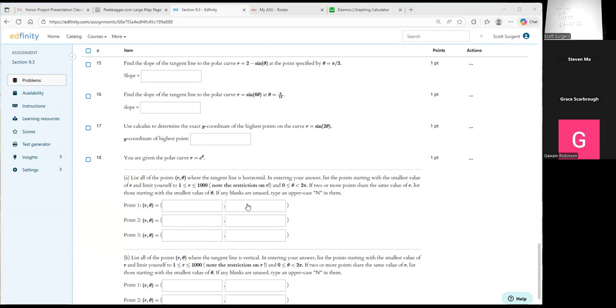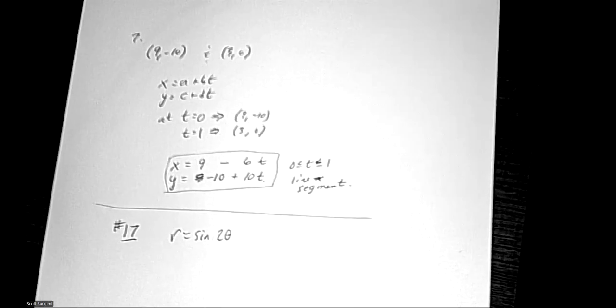So, all right, so this is number 17. So here, okay, I'm going to go to my, sorry about that. Just jumping back and forth. All right, so